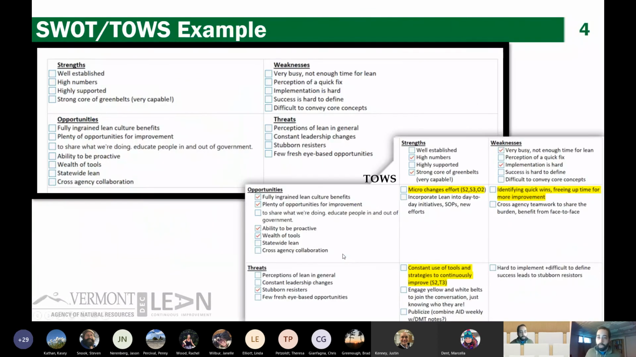So here you can see an example of them. So we did a SWOT at this point more than 2 years ago on the lean program within DEC. We collected a bunch of strengths and weaknesses, which are internal, and opportunities and threats, which are external. And in and of itself, a SWOT can help provide feedback on a thing, but it doesn't necessarily represent forward movement. The next step, the TOES, is where we